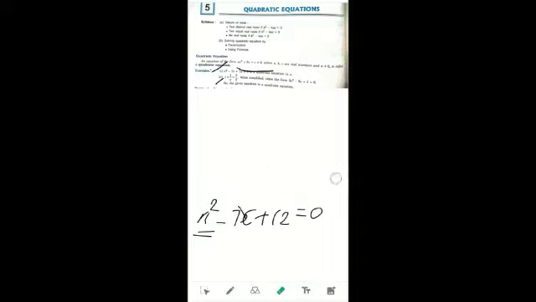But now look at your second example. It is given here: x plus 1 by x is equal to 5 by 2, right? So when you look at the equation, immediately you should not say this is not a quadratic equation because there is no term that contains power 2. So that is not like that.